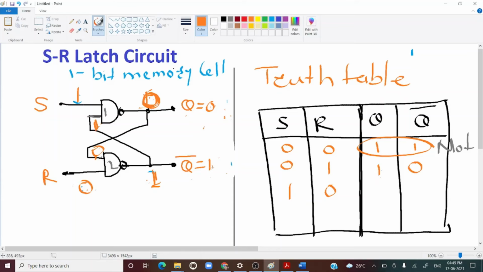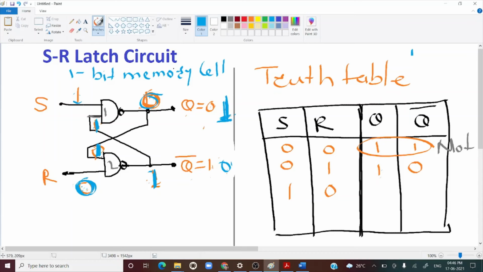ठीक है. Now we have to consider that if Q was 1 and Q bar was 0, then what will happen. ठीक है, तो सबसे पहले क्या होगा, ये 1 यहाँ पर जाएगा, this 1 will go here. Now if the previous output is assumed to be equal to 1, so this 1 will go here. Now this input is already 0, ये already 0 है, so whatever may be the Q, the output will be forced to be equal to 1. Okay, तो ये actually 0 था, that will become 1. Then this 1 will go here and this 1 dot 1 will become 0.